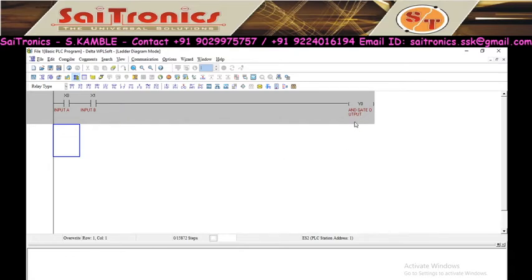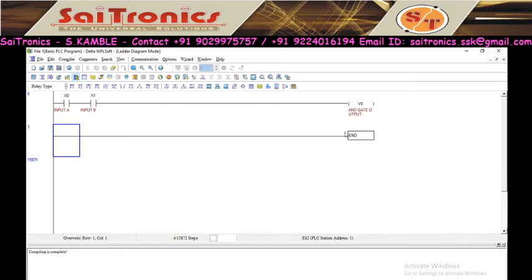Now after writing your program you have to compile it. So your first step is compiler. After compiling you will get an automatic END instruction. So this is my programming. Now suppose I don't have a PLC and I want to run this. For that I am explaining the steps. We have to use the simulator. Simulator means without real hardware you can test it on the computer.